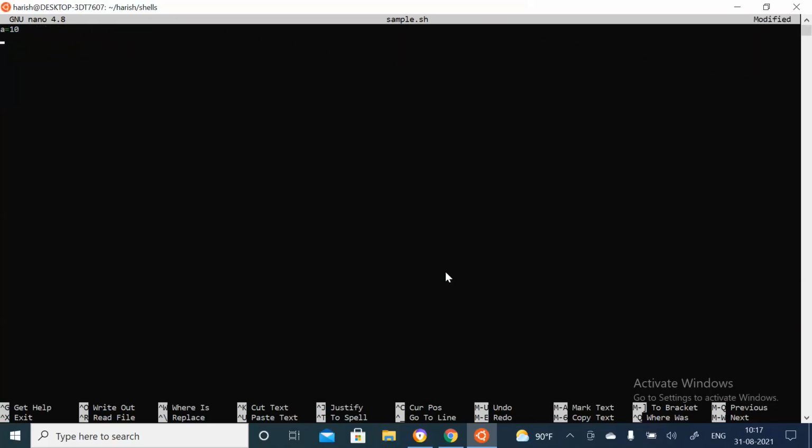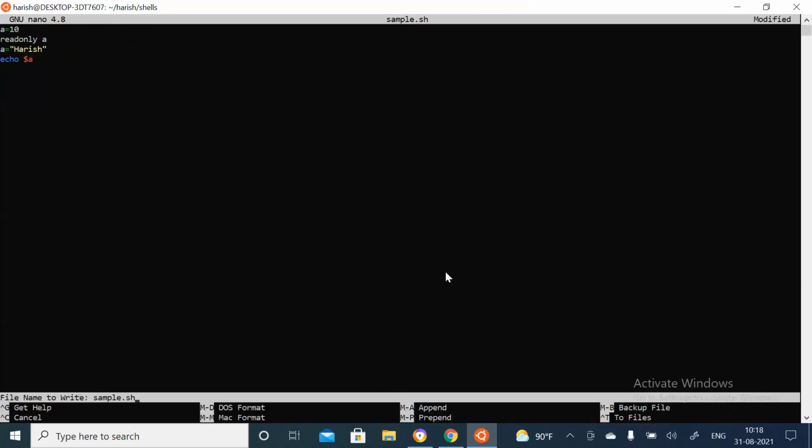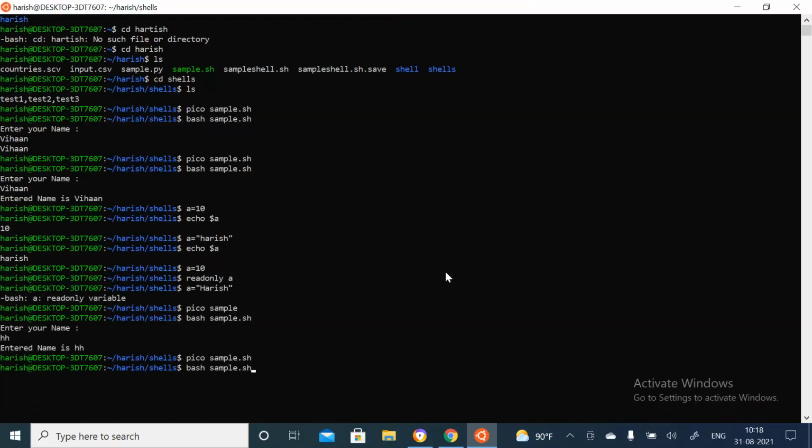Right now here, A equals 10, readonly A, and if I am assigning something to this, echo this, I'll save, and you can see A is a read-only variable because it is displaying that 10 value, because it is not updating this.